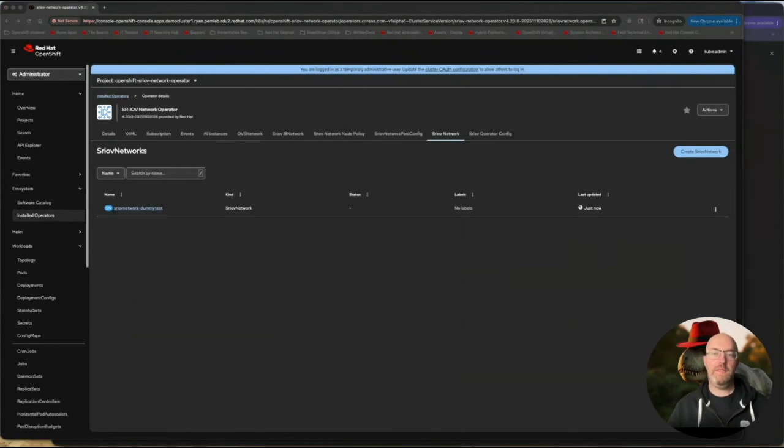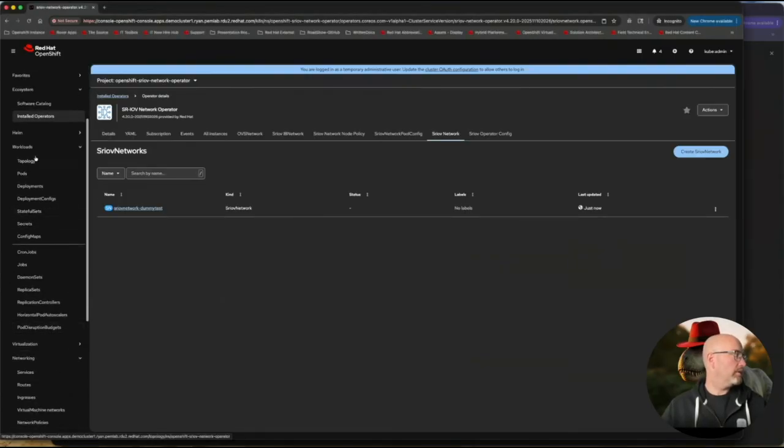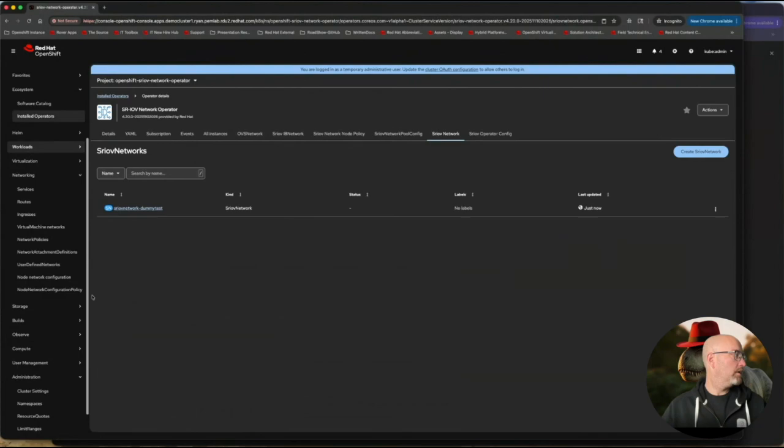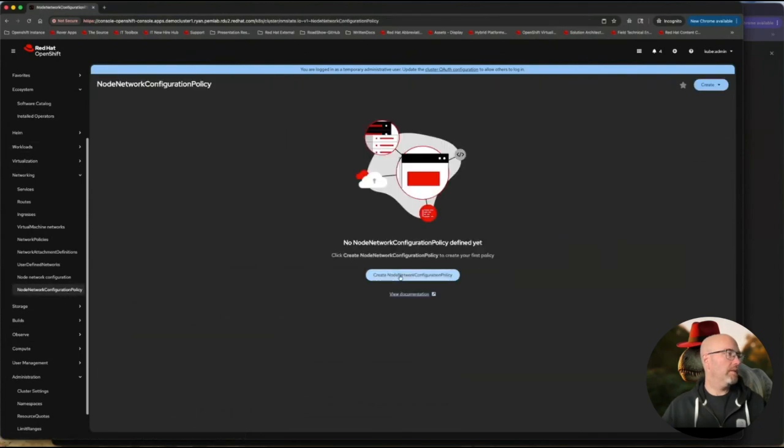Bonding is also known as NIC teaming, where you can combine 2 or more network interfaces to make a single logical NIC for VMs to use. There are different modes that you can set up for NIC teaming: active backup, load balancing, or active standby. So to do that, we are going to go to Node Network Policy,